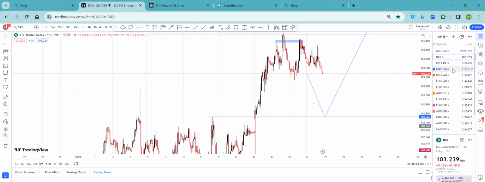Last week, I think we were on EU on Thursday, right? I think it was the same day we were on EU. That was the same day I sent you guys the GU, but GU did not tag us in. So if that is the case, for that dollar cross pair, anything related to the dollar,